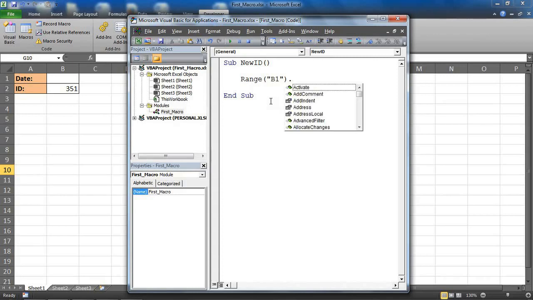Now I'm going to put a full stop after that, or a kind of period, and I'll get this drop down list of what are known as properties and methods. Things I can do or information I can see about that cell. So there's a large list here. All the ones with an icon showing a kind of piece of paper with a finger pointing to it is known as a property. So it's a bit of information I can view or change about this cell, such as its address, which may seem silly here because it's B1 and I've just written that, but such as its address,